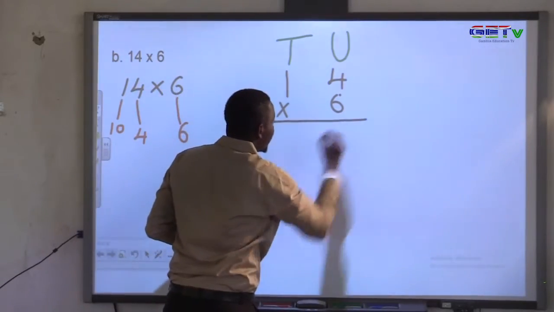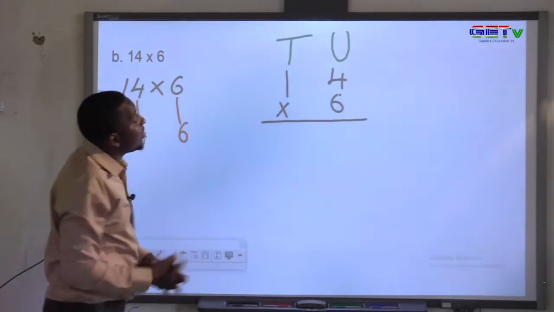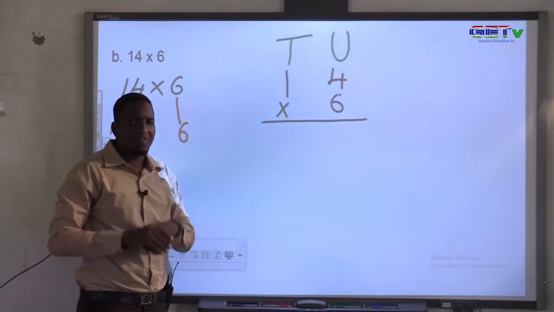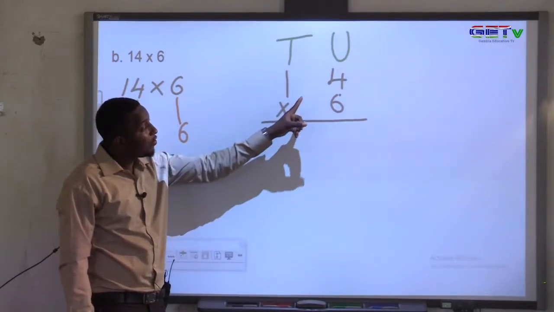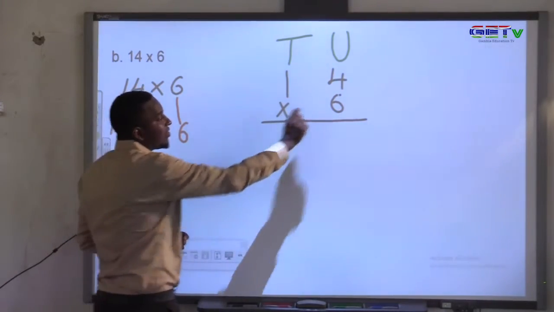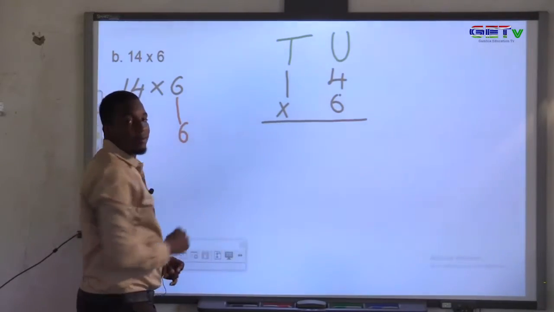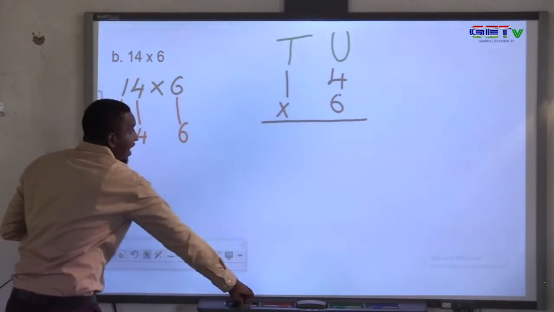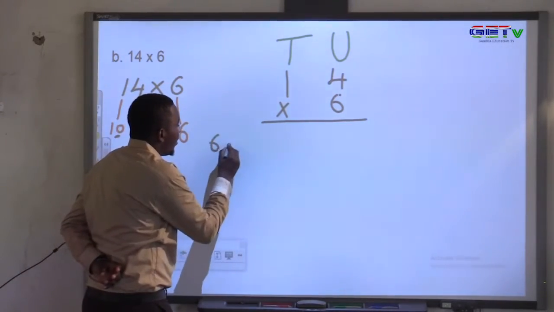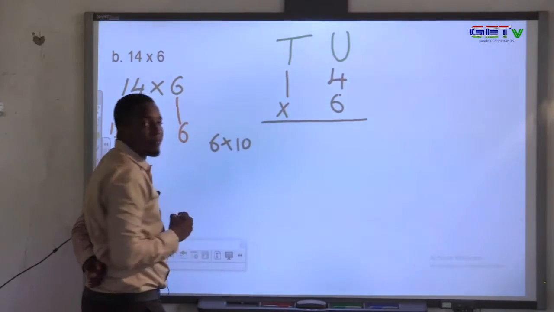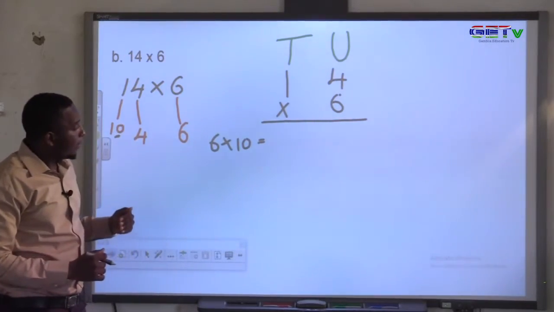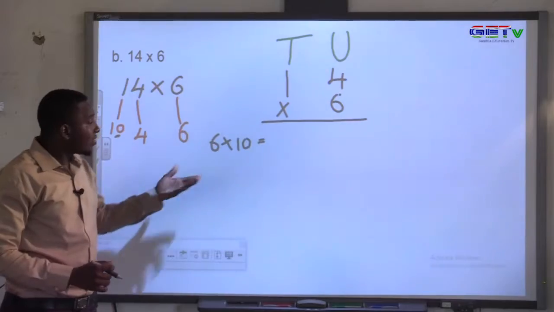Well, this is another fun one that we are going to enjoy. As you can remember from the first one, we made mention that either way you start, you are going to land on the same answer. So this time, instead of starting from the unit column, we will start from the tens column. We are going to multiply 6 by the value of 1. Remember, we said the value of 1 is 10. So we are going to have 6 multiplied by 10. 6 times 10 will simply mean adding 6 10 times. And that will give us